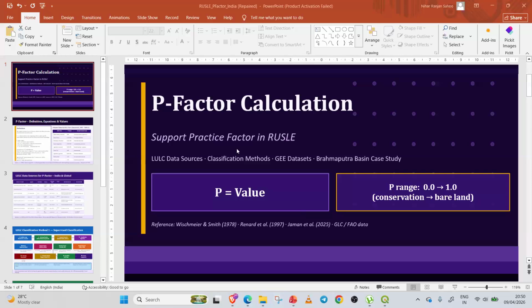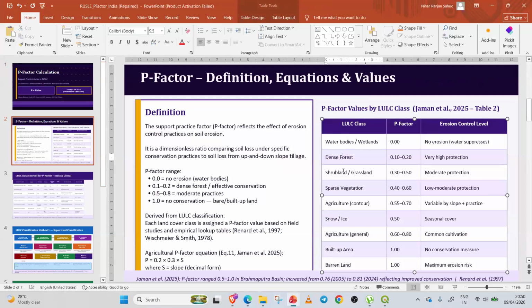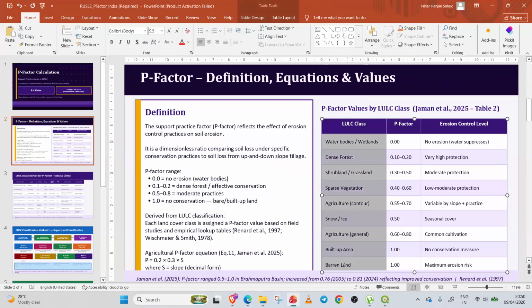Okay, so let us discuss the P value. We have to calculate different LULC classes. You can calculate anything. The LULC classes are assigned some P values based on their management practice. So if there is some bunding, that is, farmers have bounded their fields,